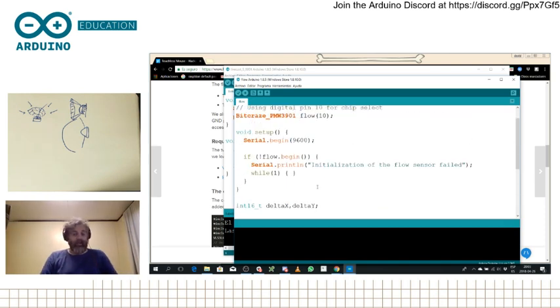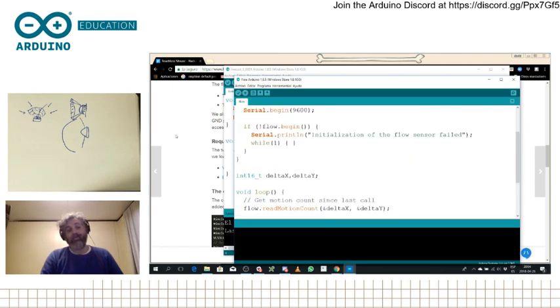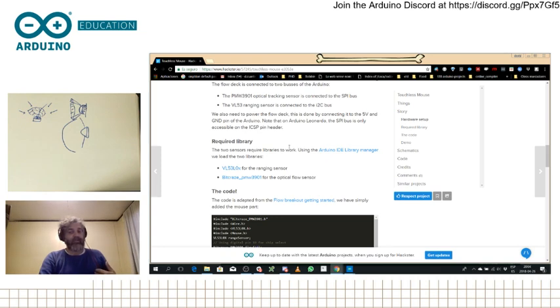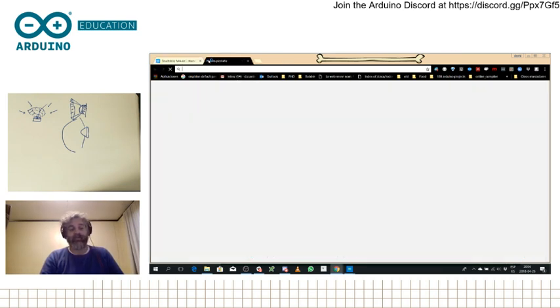So as I said, now there are two sensors, one that detects XY and one that detects distance. This example is just to check how the XY part works. And the important part is to start by connecting everything the right way. The problem is that my example here is made for Arduino Leonardo, and I need to connect this thing on the Arduino Uno. So the easy way is to just follow the drawing as it is made there, just to be safe. The other thing I could do is to look for the pinout of the Arduino Uno and then make sure I connect things in the right way. So I'm going to do the second one because I would like to make it right.